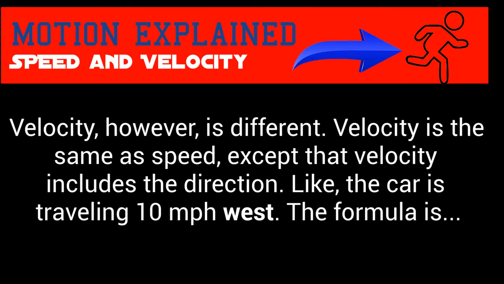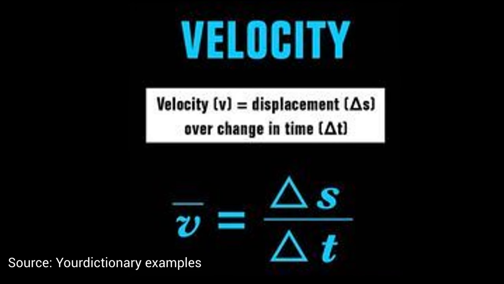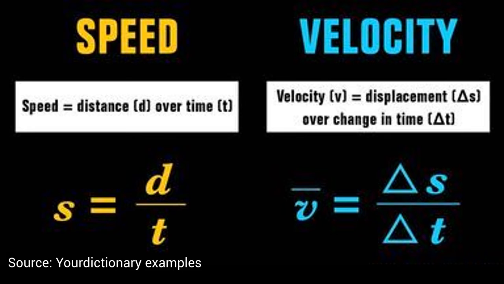Velocity, however, is different. Velocity is the same as speed, except that velocity includes direction. Like, the car is traveling 10 miles per hour west. The formula of the two are